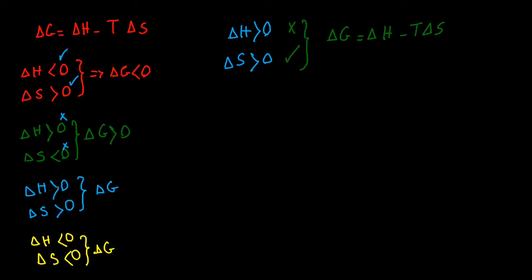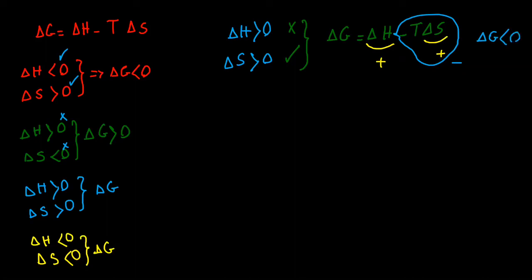And we look at this. So delta H is positive. Delta S also is positive. Positive times this negative becomes negative. And we know for a reaction to be spontaneous, delta G should be